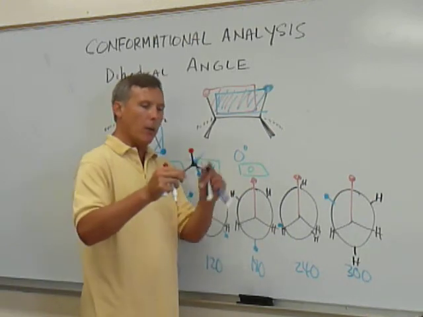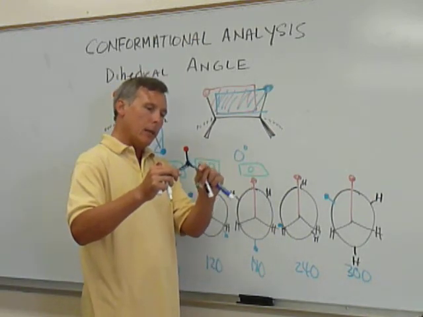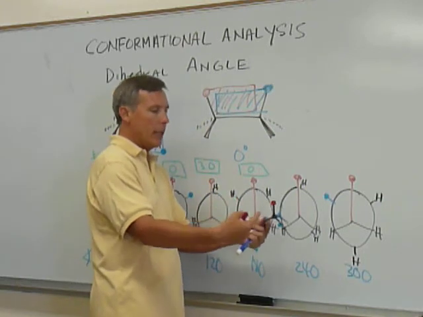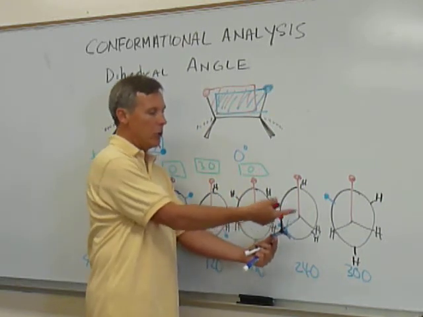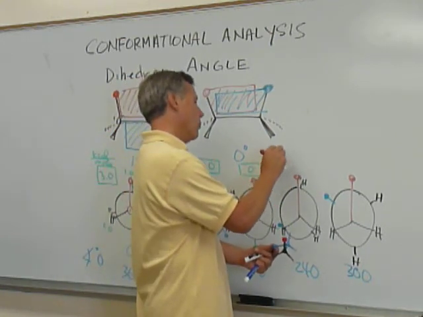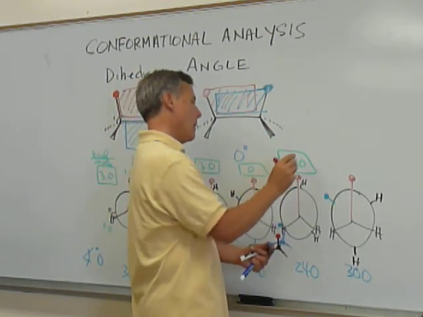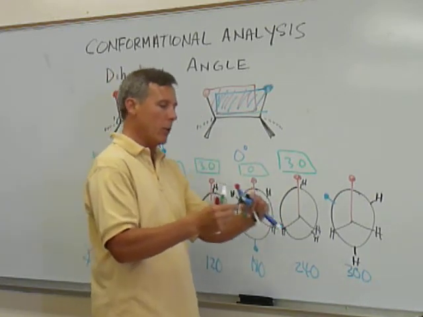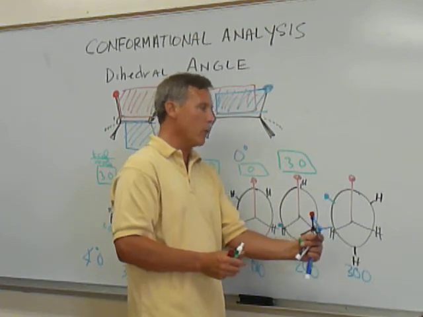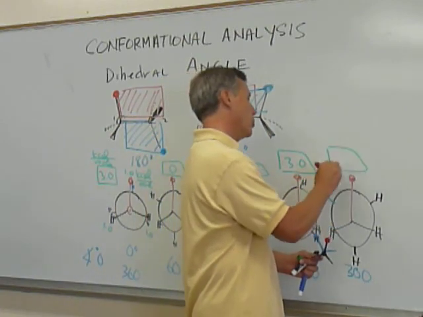We rotate another 60 degrees. We have this conformer, again, looking down this bottom, you can see the blue hydrogen lies to the left-hand side. Again, eclipse conformer for a total of 3.0. Rotate another 60 degrees. We have this conformer, dihedral angle of 300 degrees for 0 torsional strain.